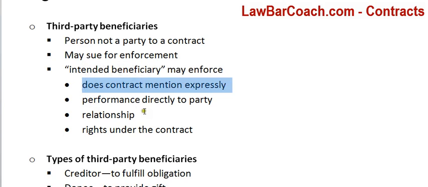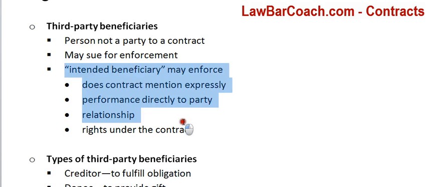But here are a couple things to take into consideration because the party does have to be an intended beneficiary. Imagine there's a restaurant that's going to be installed in a certain neighborhood and there's a contract. And I live in that neighborhood, and I'm very happy that an Italian restaurant is coming into town. I'm obviously a beneficiary of that agreement, but I'm not an intended beneficiary. They didn't know who I was. So I can't sue for enforcement under that.